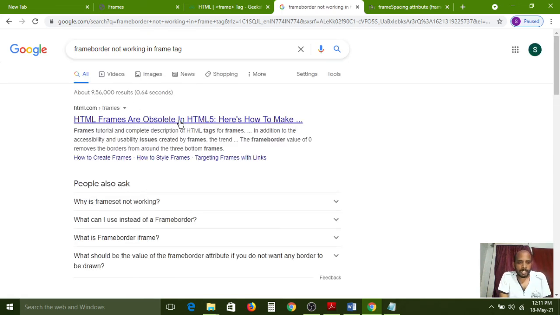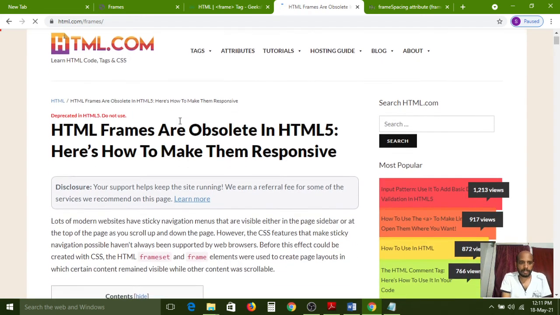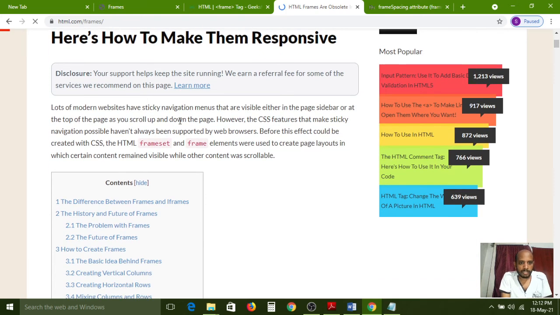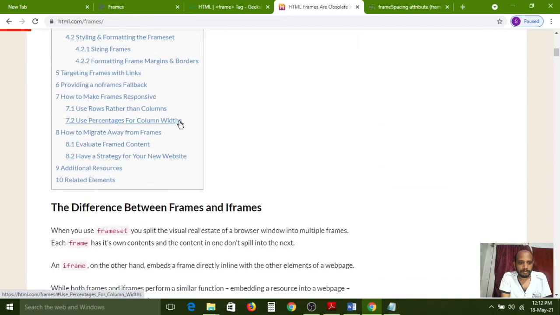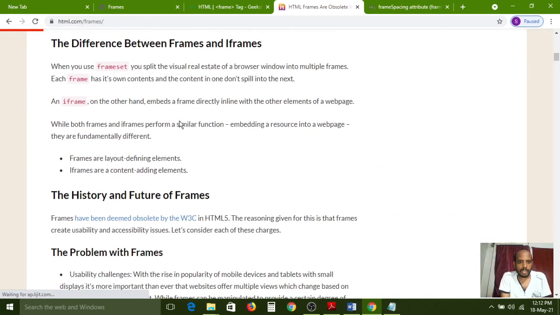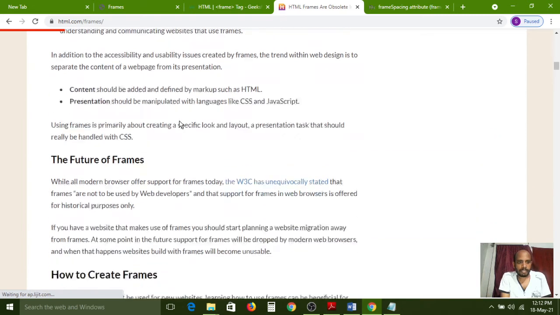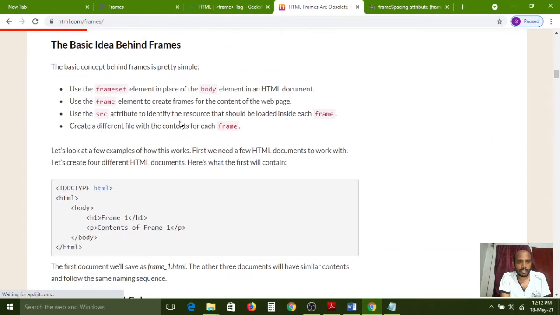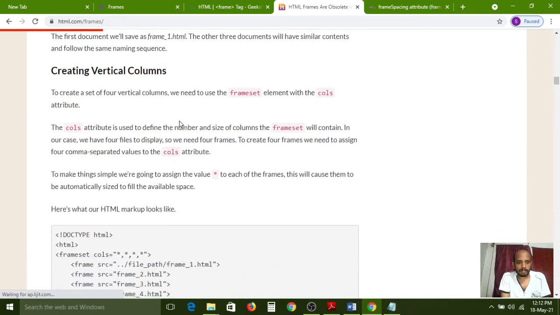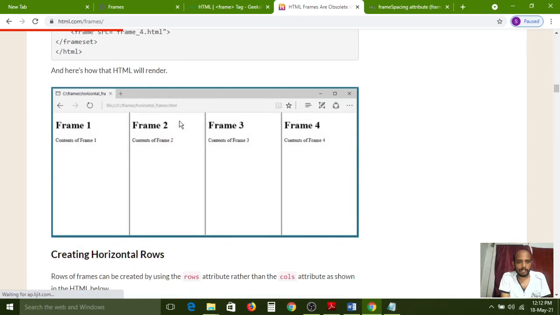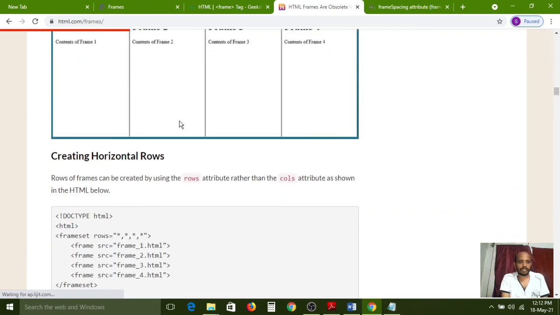HTML frames are obsolete in HTML5, so it is a version compatibility issue. That's why it is not showing. Difference between frames and iframes, the history of frames, problems with frames, creating the frames. Here we have four frames, creating that one.